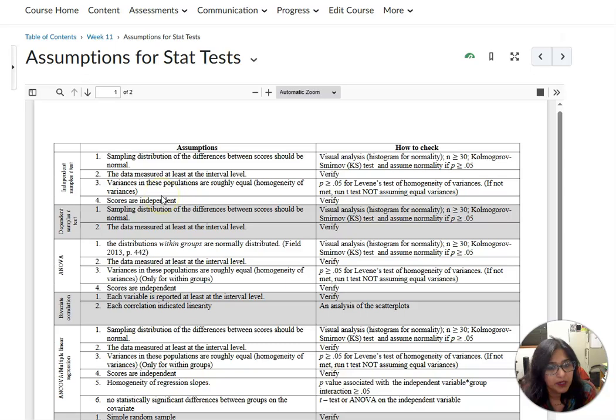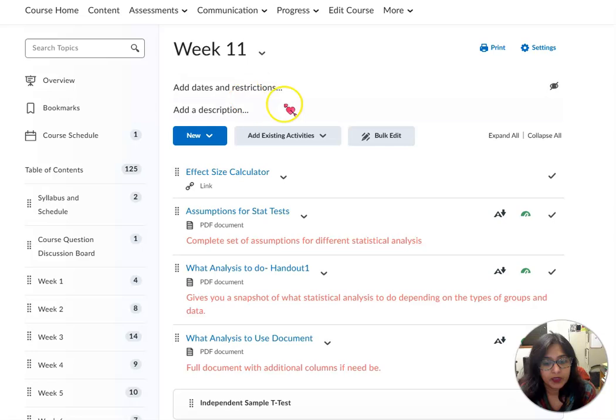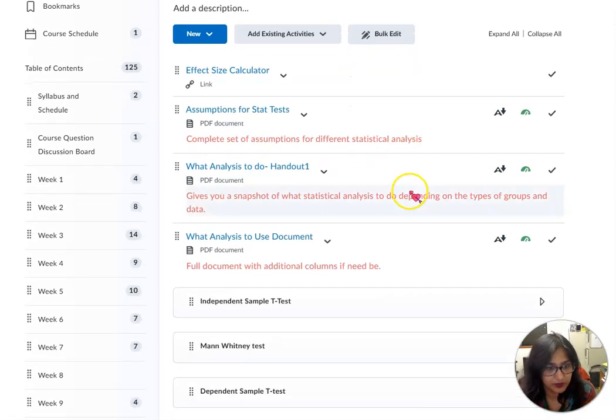If they are not met, then we do a Mann-Whitney. These are the assumptions that have to be met for a dependent sample, and these are the assumptions for an ANOVA. You may be wondering what assumptions are. Assumptions basically show that your data falls under a normal curve. Please don't worry, these are going to become clear. I go into detail for each one of them.